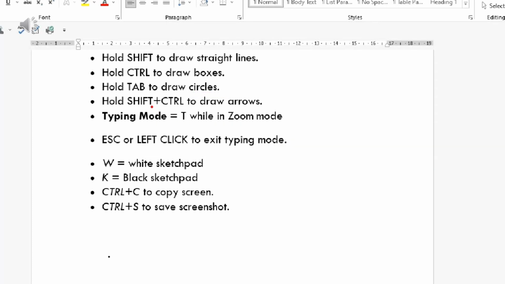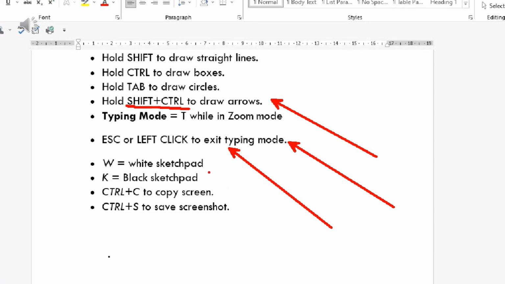The next one is, in order to draw an arrow, for that you can use two buttons, shift plus control. Shift plus control, we can press down on your keyboard, then you can draw an arrow like this. The starting point will create the arrow and the remaining position to which you are moving your mouse will give a straight line. So like this you can draw arrows. For arrows we have to use shift plus control. So let me erase this also.